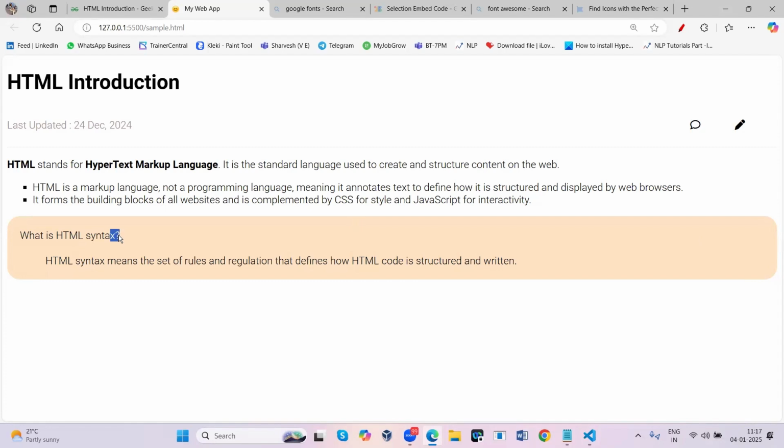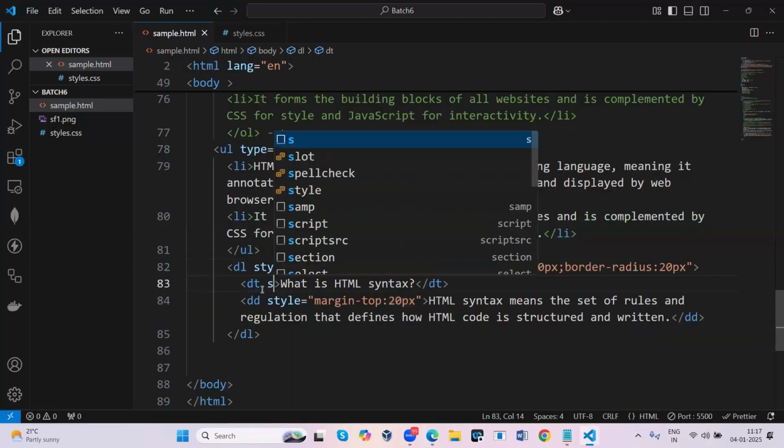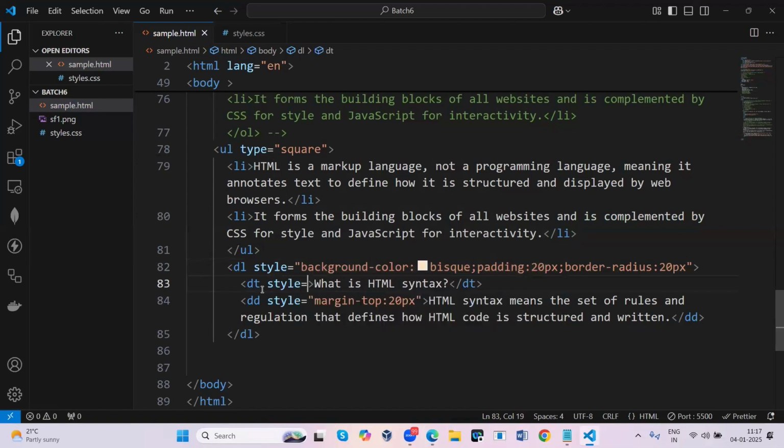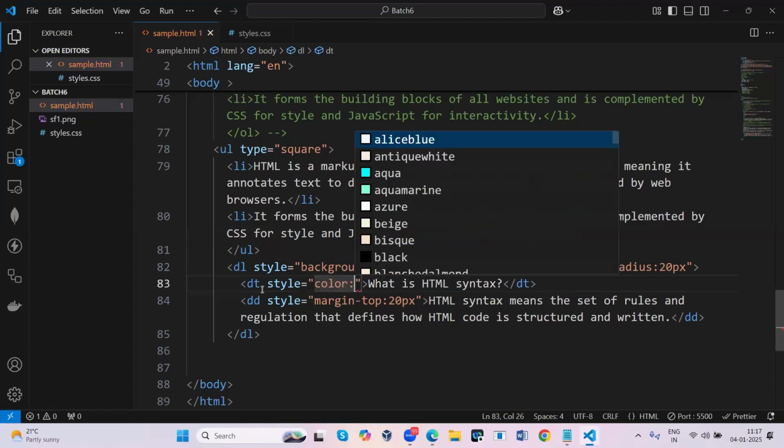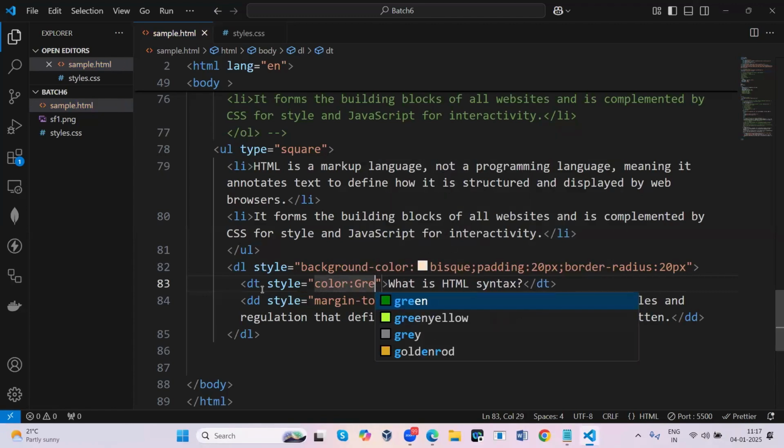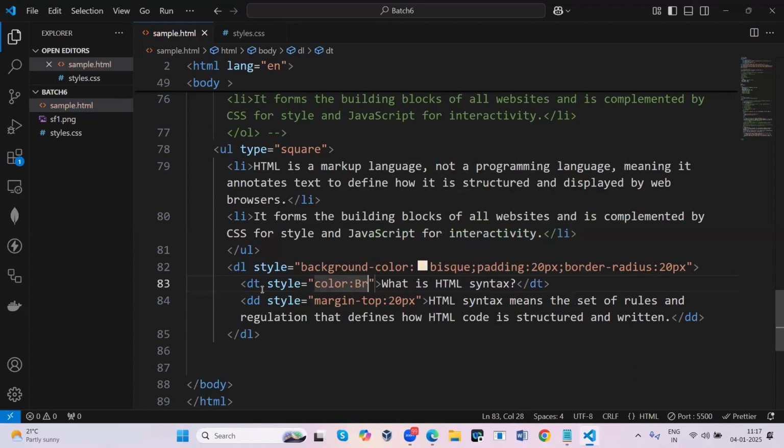Now I want this to be a slightly different color. You can do inline stylings, or provide ID selectors or class selectors. I'm going to give a color such as green or brown, and it should be a little dark, meaning the thickness should be a little bigger, so I can give font weight.